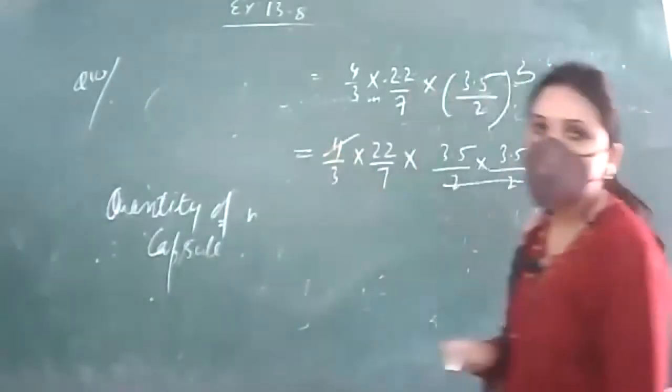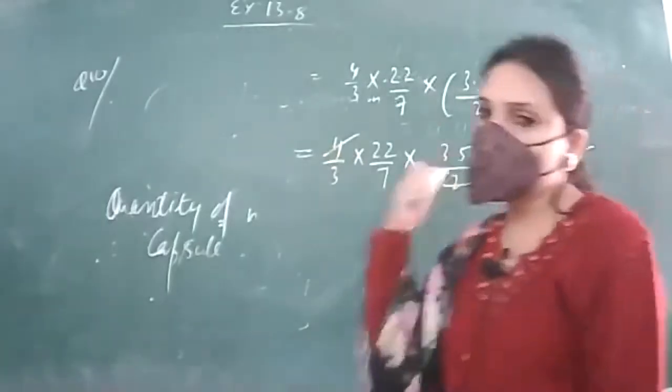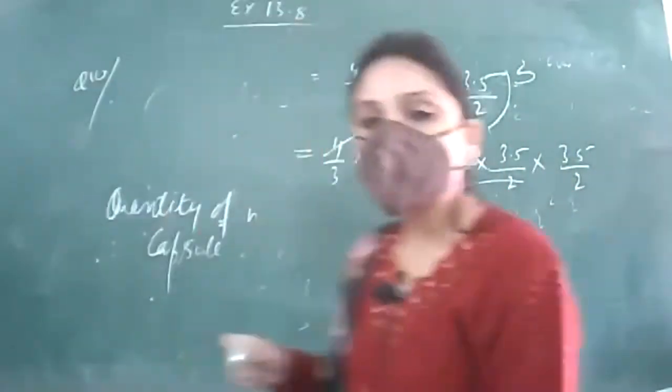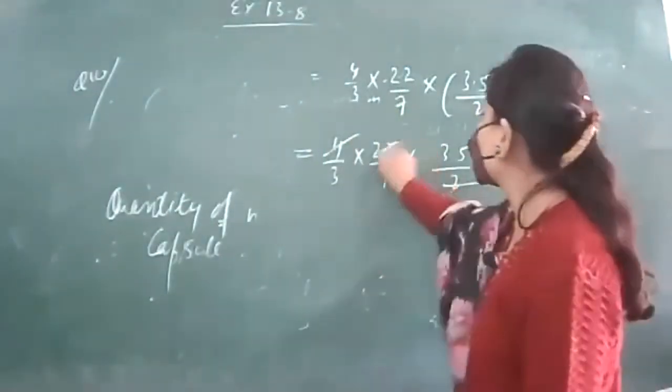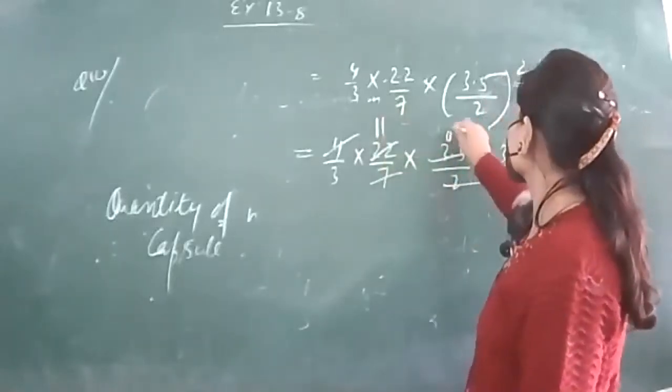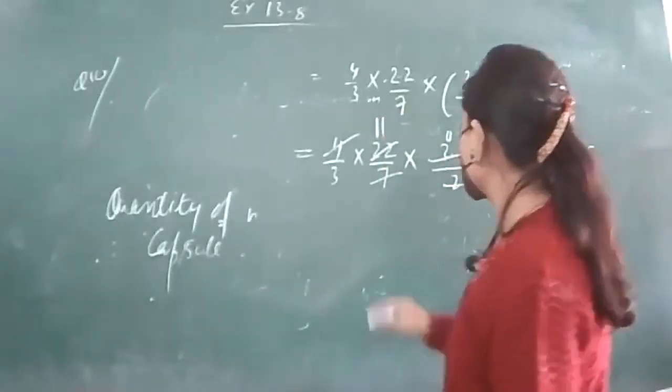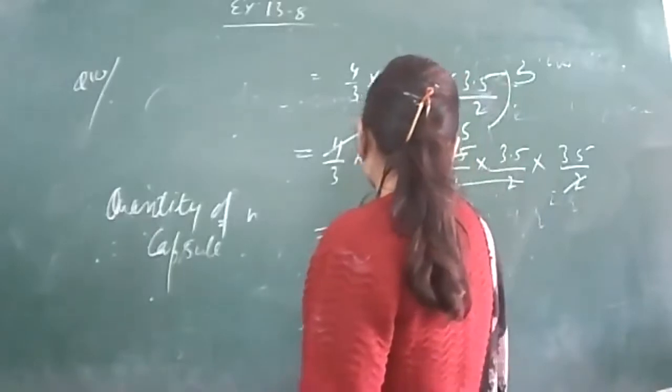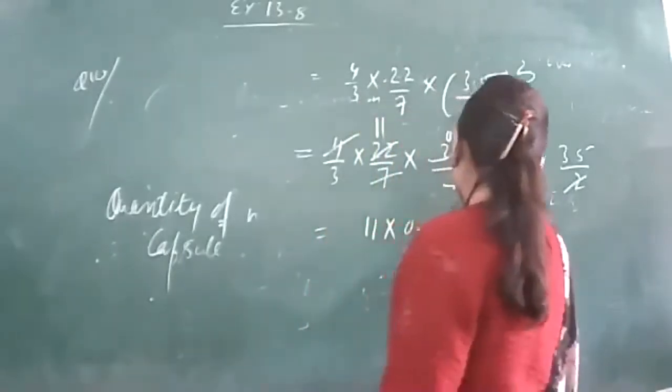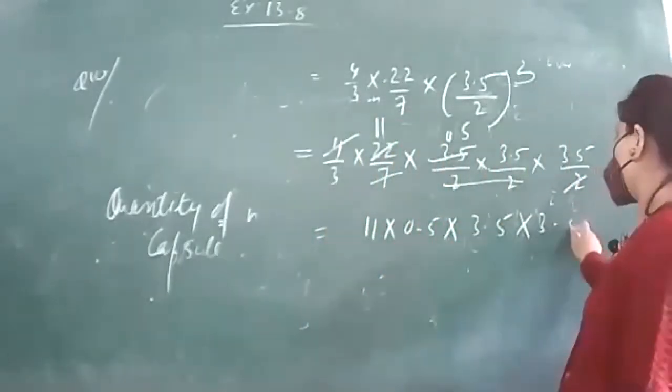This gets cancelled, 2 2s are 4, 4 in the numerator and denominator get cancelled, 2 11s are, this is 0.5. So we are having 11 into 0.5 into 3.5 into 3.5